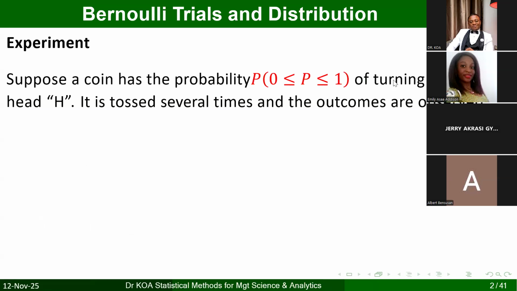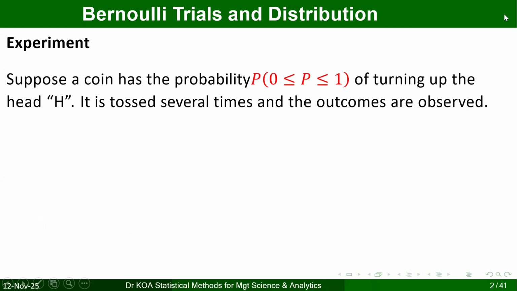So let's look at a particular experiment here. Suppose you have a coin, and the coin has a probability of occurring between 0 and 1 inclusive. And any of those numbers can turn up, and the coin toss will yield a head or a tail. If you toss the coin multiple times and you observe the outcome,